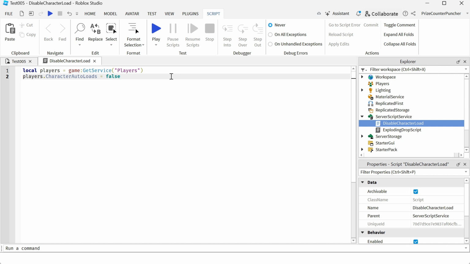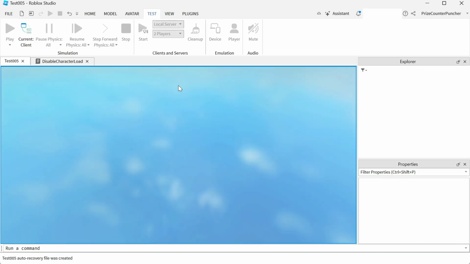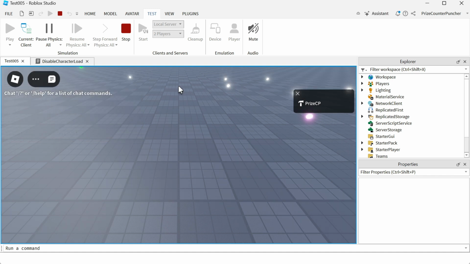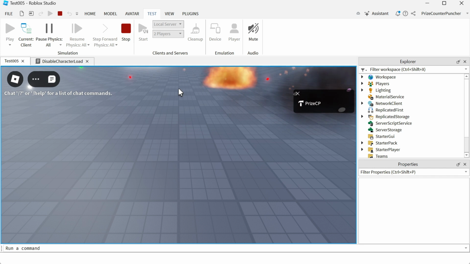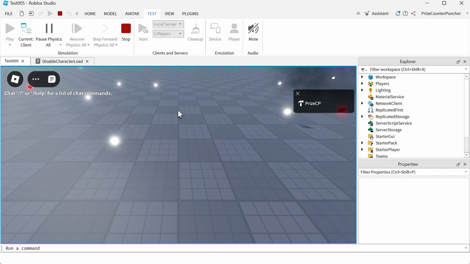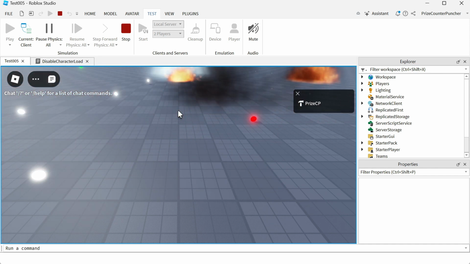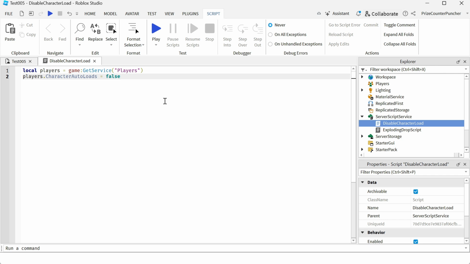Let's now play and take a look. You can see the game has started, but my character never gets loaded. So there you go guys, this is how you disable the auto load of all the characters inside your Roblox